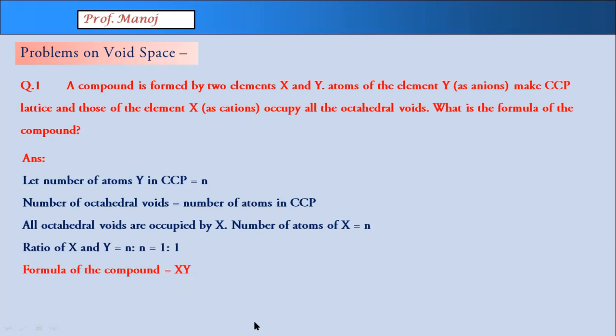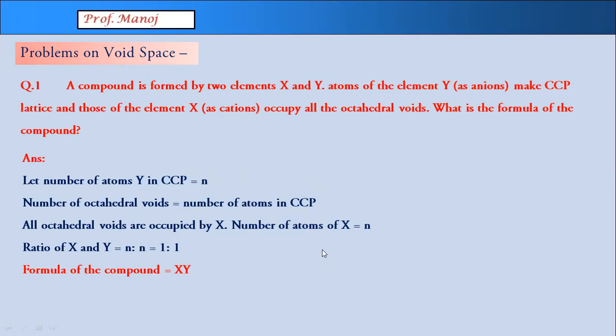I repeat the concept again. We will always consider the anions always make up the CCP lattice. Anions are large in size, so they make the lattice. So number of atoms are suppose n. Then they have given that X is for occupying all the octahedral voids. अभी लैटिस में जितने एटम्स है उतने हमेशा ऑक्टाहेड्रल वॉइड में रहते हैं. तो यहां पे हो गया X का नंबर भी n. कोइंसिडेंटली दोनों का नंबर n हो गया, इसलिए रेशियो आ गया 1:1।